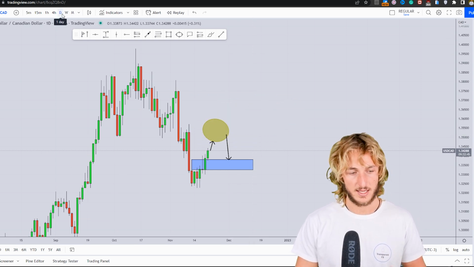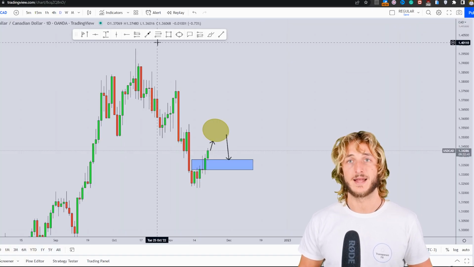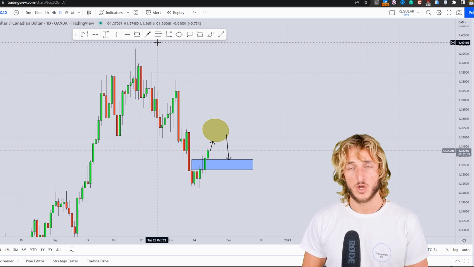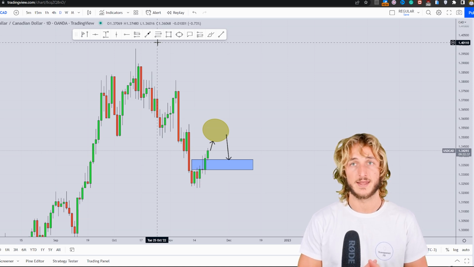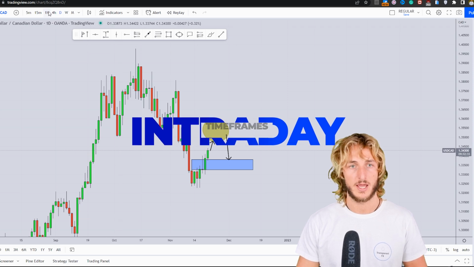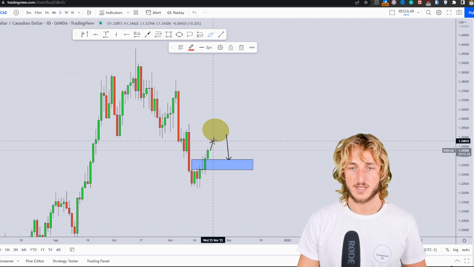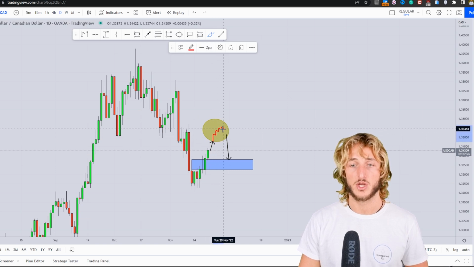The monthly, weekly, and daily, combined with the COT data, those are the best time frames from a directional perspective. However, when it comes to confirmations and entries, the best time frames are the intraday time frames. So 4-hour and lower. Therefore, what we could be doing is monitoring price action from an intraday perspective during this move to